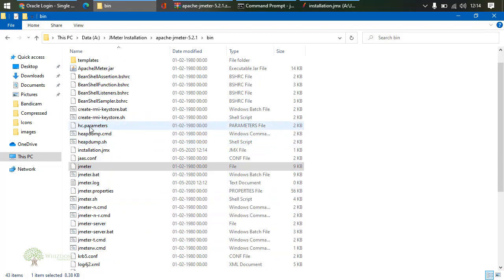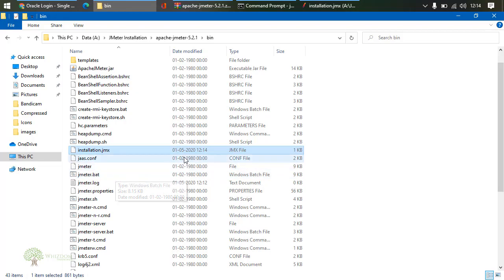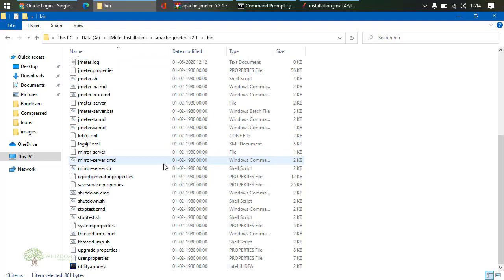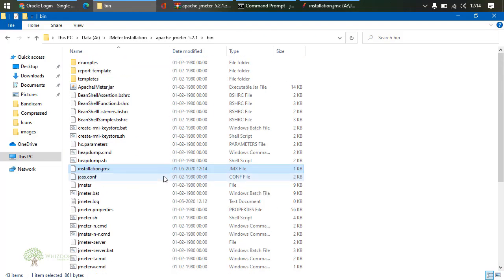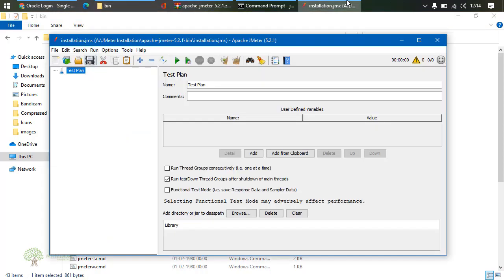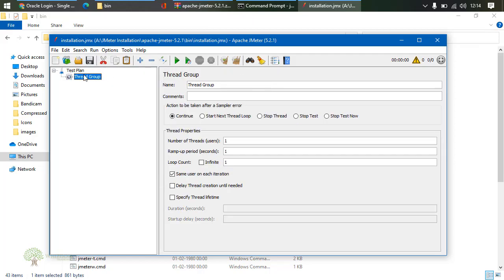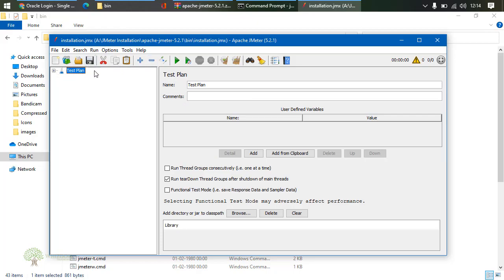And installation.jmx, this is the file that got created right now. As you can see, this is the current time. Now over here installation is done. We have created a new file. There are a few other things, cut, copy, paste. Now these are the two buttons which let us expand or close a few things. Let me just add a few dummy things here right now. As you can see, if I click on minus, everything would be closed. If I click on plus, it would expand everything. So this minus collapses everything, this plus expands everything.